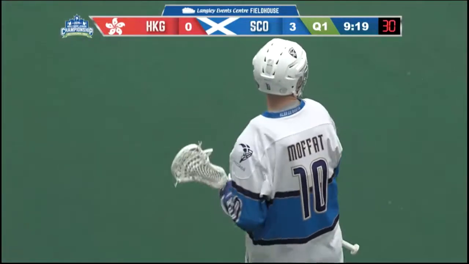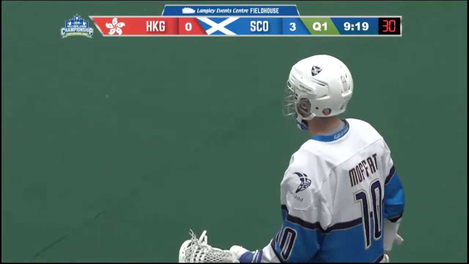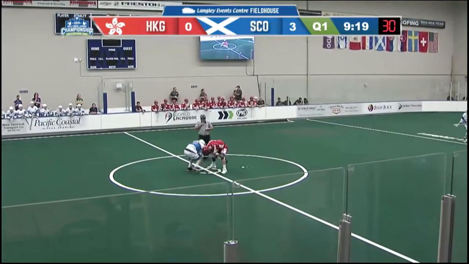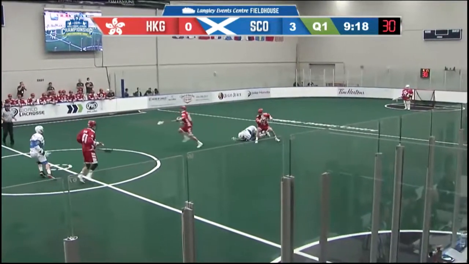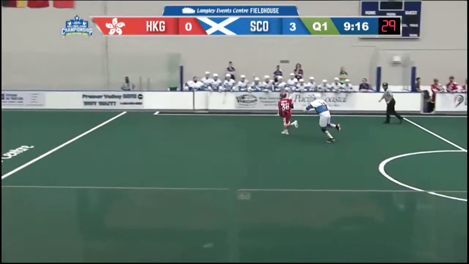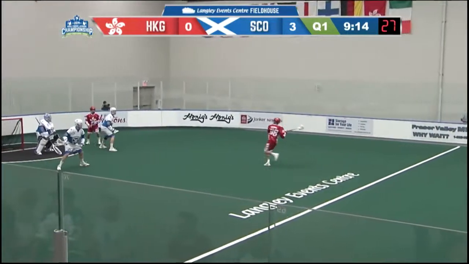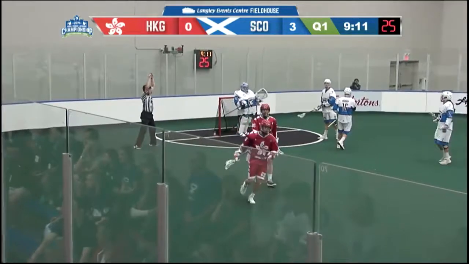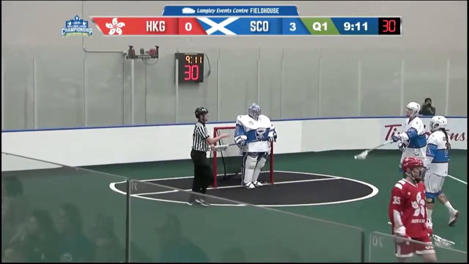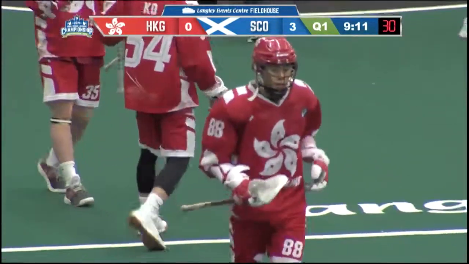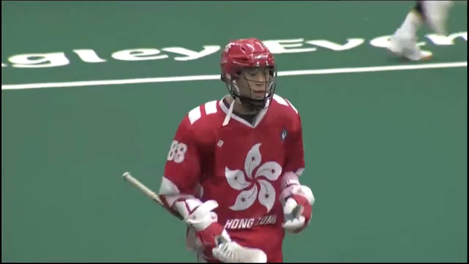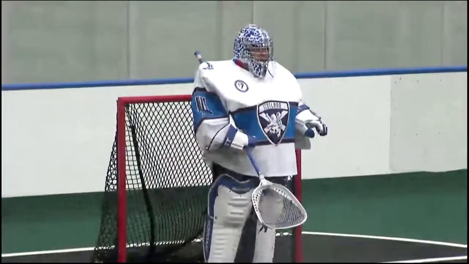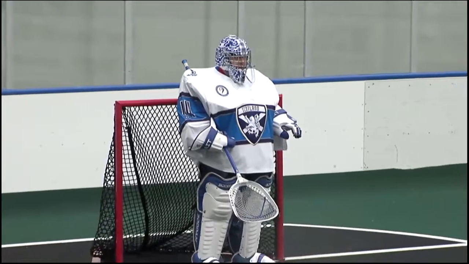Hong Kong coaching staff talking it over at the bench as we pick up the announcement. Jackson with the first assist as Hong Kong is on the board here. 5:49.